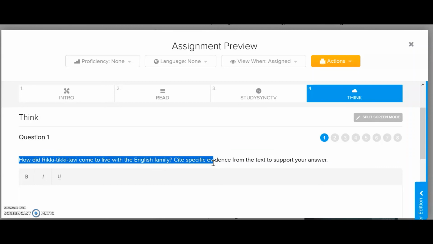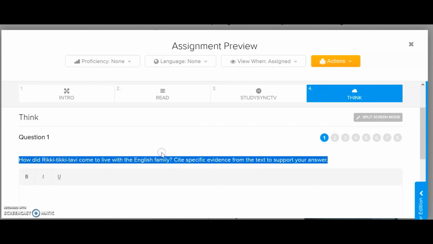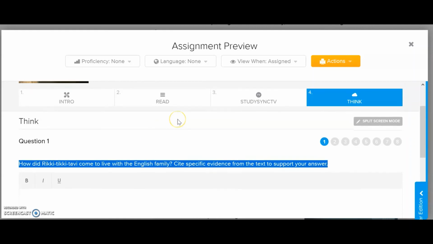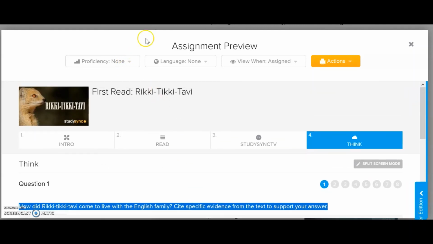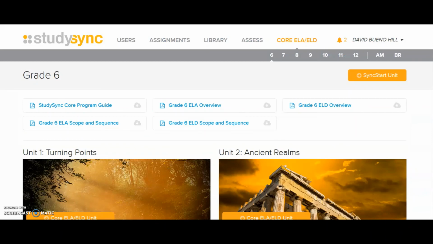So we copy this question, which I'm trying to do here. You might have the same problem I'm having. Okay. I'm going to hit Control C on my keyboard. That copies it. Then I'm going to head back to Schoology. So in Schoology, there is a place